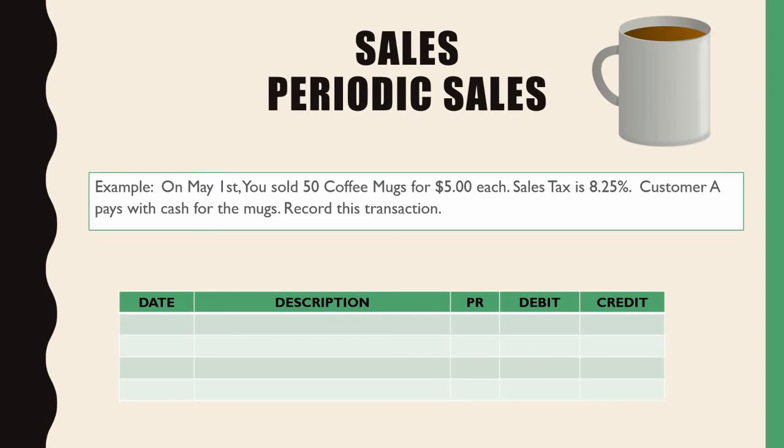So what is my journal going to look like? You'll have your date, May 1st, and then you'll have the description, 50 mugs at $5 each,